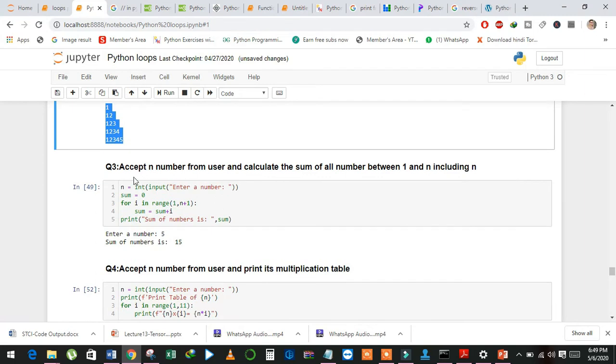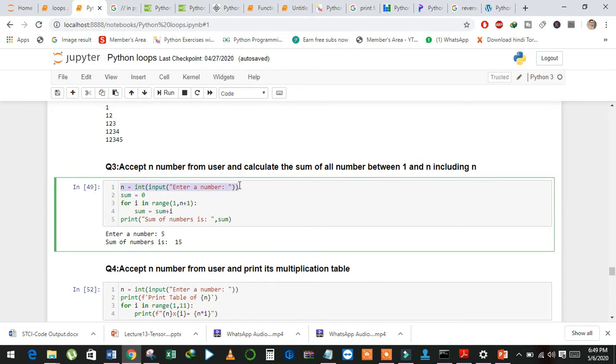And third question is, accept n number from user and calculate the sum of all numbers between 1 and n including n. And see here, with the help of input method I just take one number from the user and store in n variable. Then I created a second variable, and at the beginning I placed 0 value of this variable,